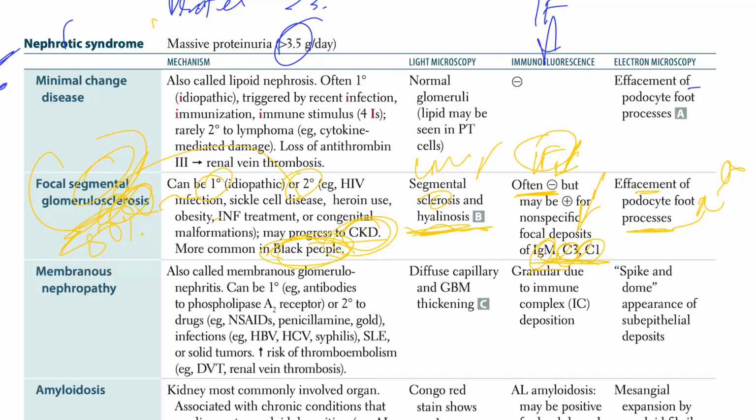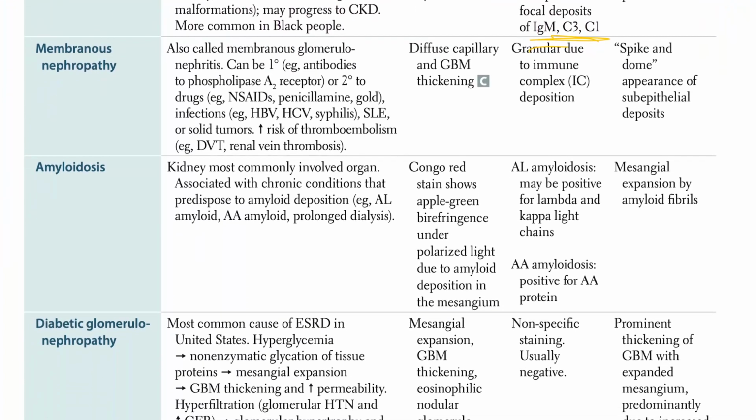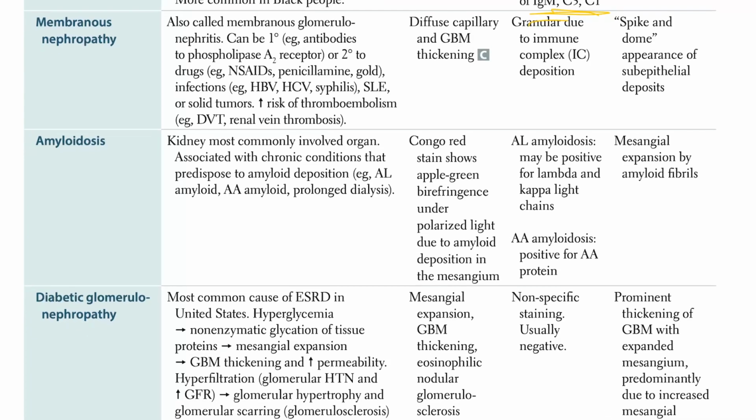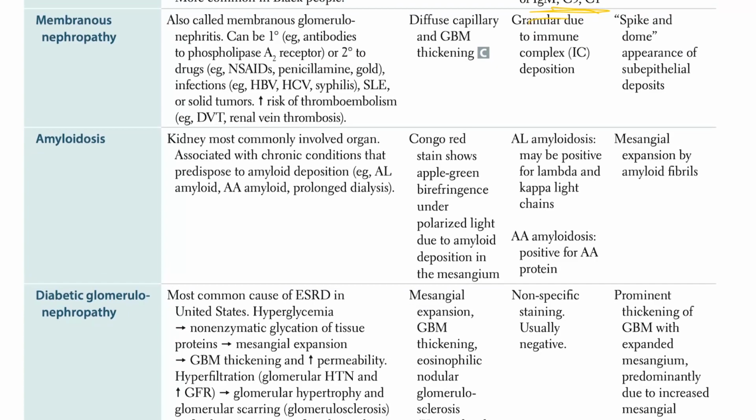Black people with this can lead to CKD, coming with focal segmental glomerulosclerosis. So that's pretty much all we have for this. Let's move on with membranous nephropathy. Membranous nephropathy, also called membranous glomerulonephritis, can be primary due to antibodies to phospholipase A2 receptor, or secondary to